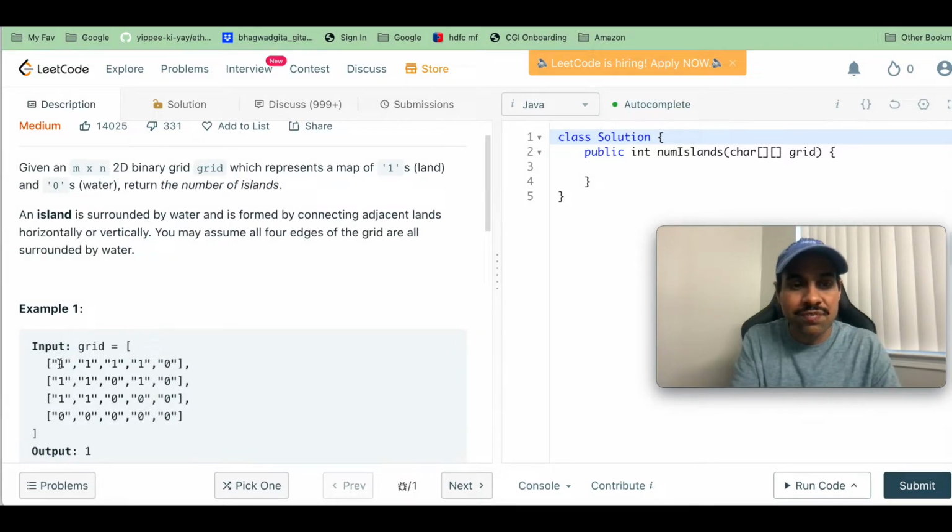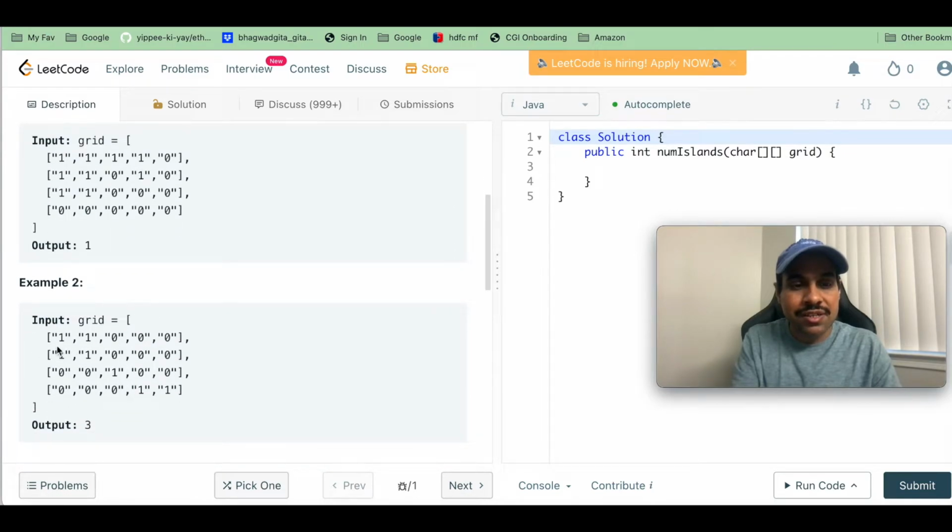So in this example, in the top row, these two and these two are part of one island, because you see, these are connected vertically and these are connected horizontally. So this is one. And let's take another example. In this case, one island is here, so these are 4 ones which are connected horizontally and vertically, so this makes one island. This one is not connected horizontally or vertically with any other land, so this is the second island. And the third island is this one, which has 2 ones.